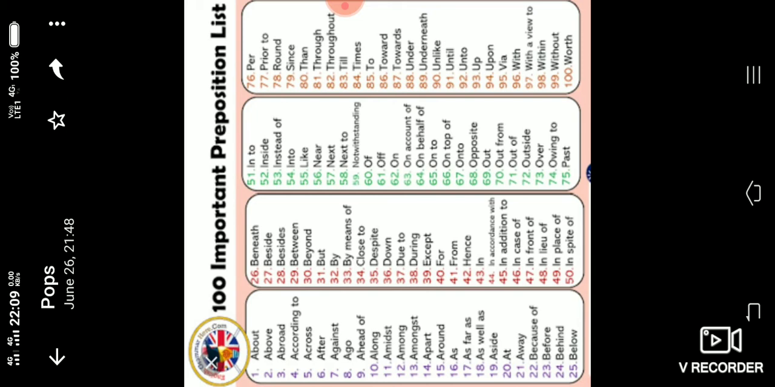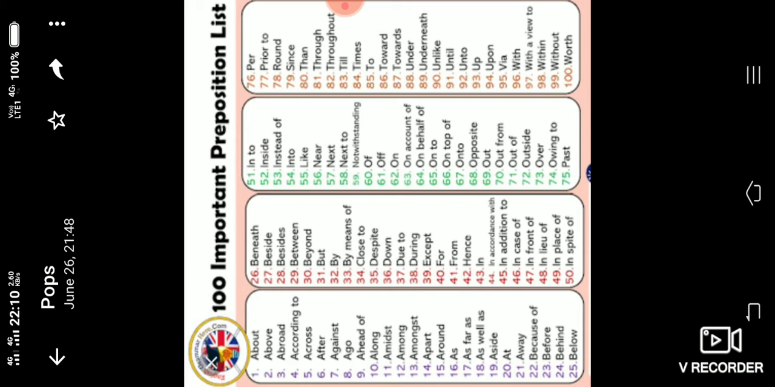15th around, 16 as, 17 as far as, 18 as well as, 19th aside, 20th at, 21 away, 22nd because of, 23rd before, 24 behind, 25 below, 26 beneath, 27 beside, 28 besides, 29th between, 30th beyond, 31st but, 32nd by, 33rd by means of, 34th close to, 35th despite, 36th down, 37th due to, 38th during, 39 except, 40th